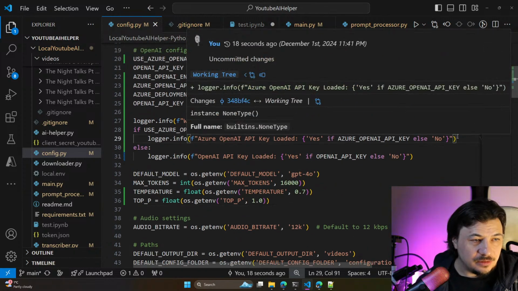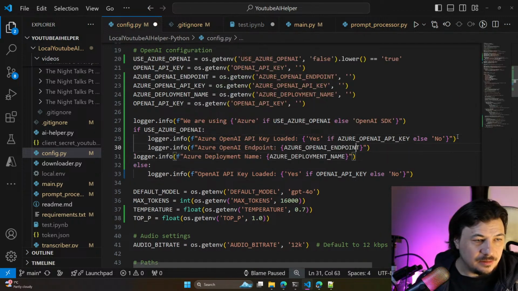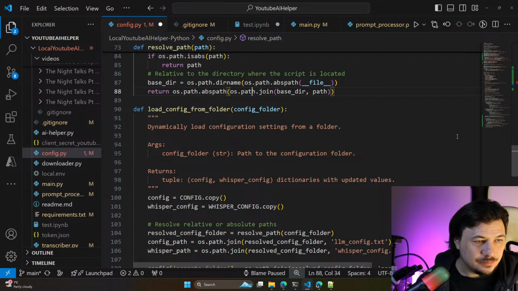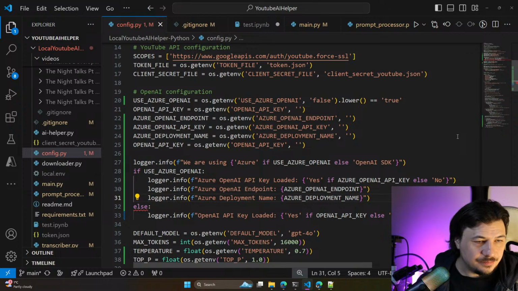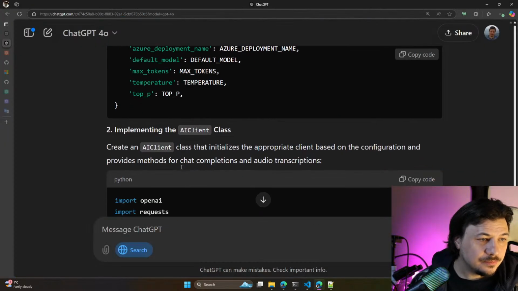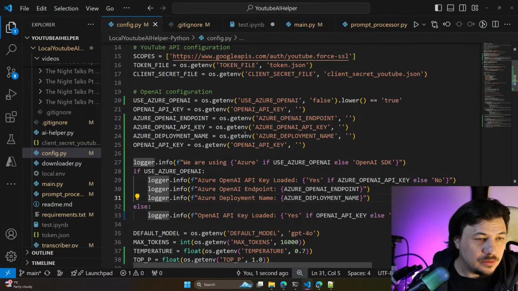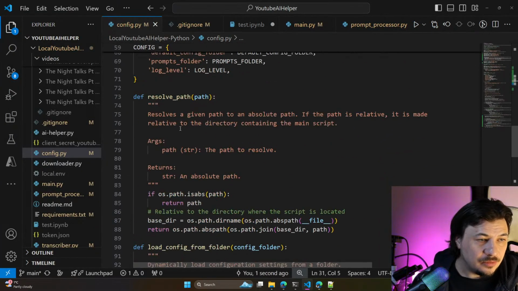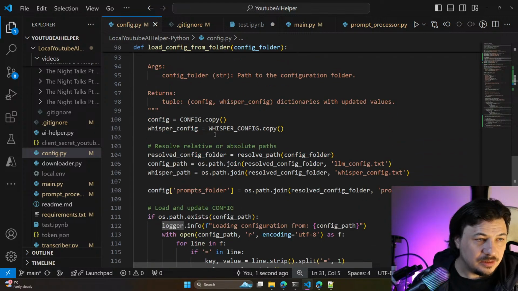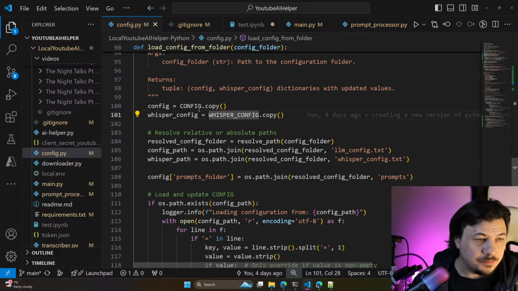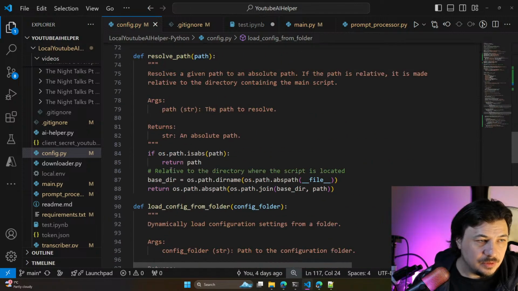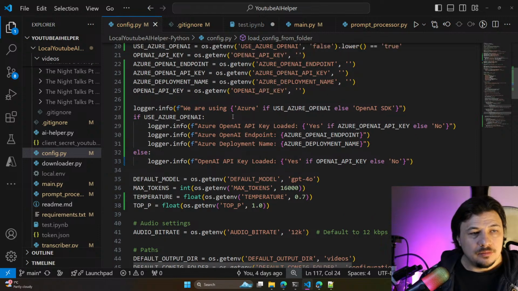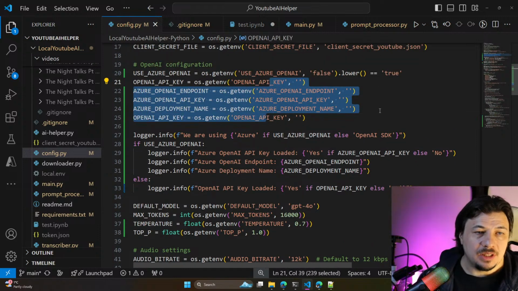If you use Azure OpenAI, let's add that logging here as well. Okay, config. So we don't read options from the LLM config in each case. Copy config prompts folder. Okay, we read it, but we just say key value. So if we have the same key like this, we will overwrite it, which is fine.